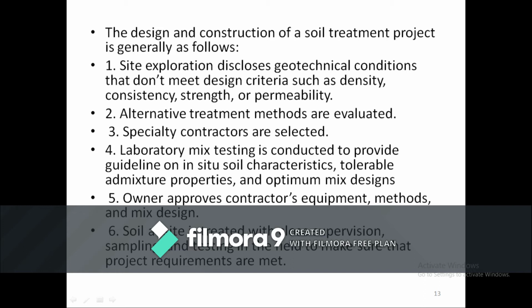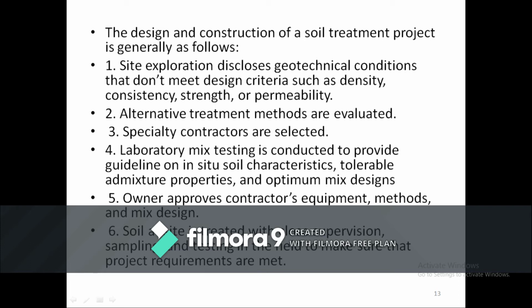Because if you don't check in the laboratory, it becomes a problem when you do it on site. Then, if we think the results are good, we can go for admixture properties and the tolerable limits, and depending on this, optimum mix designs will be made for the site.